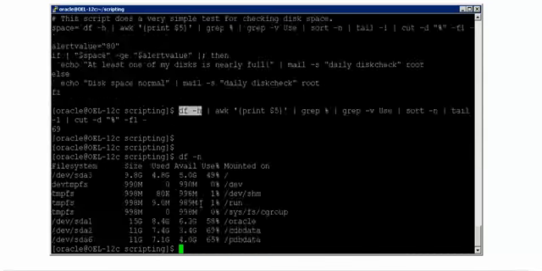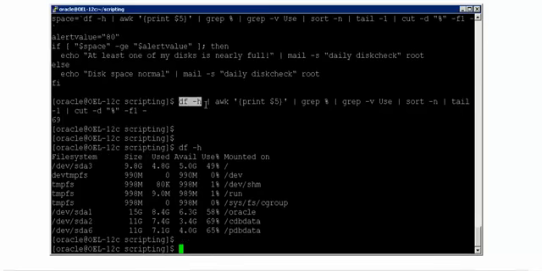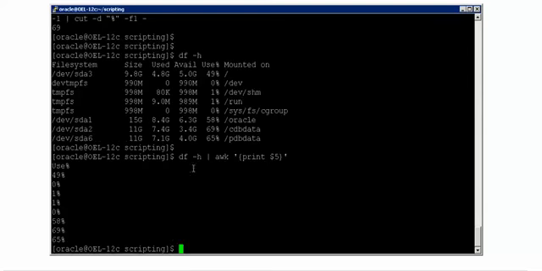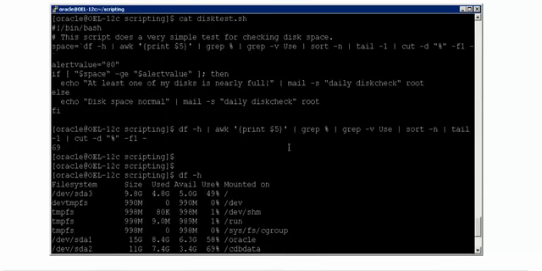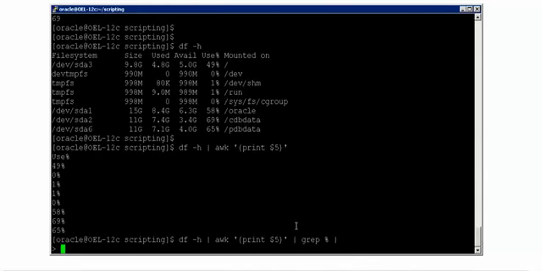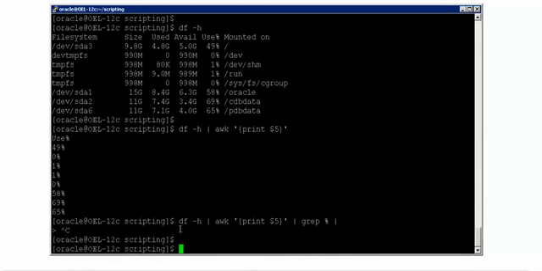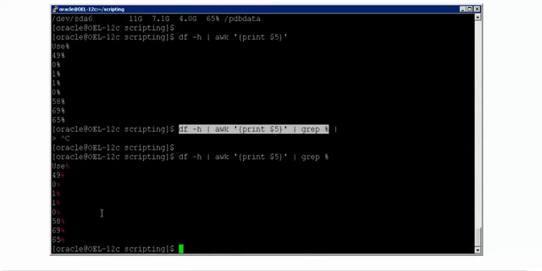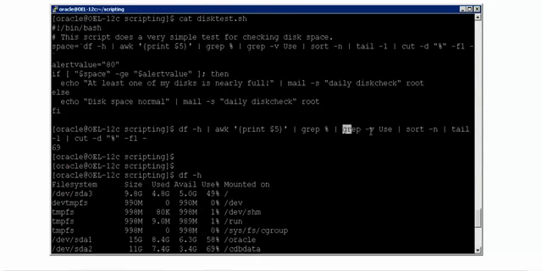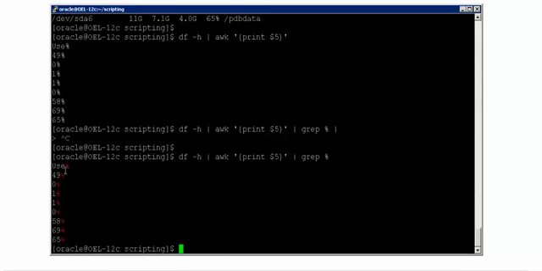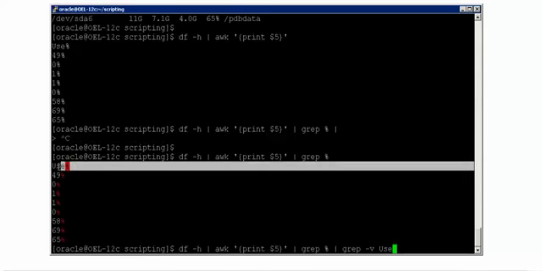First it is executing df -h. With this input, you're also passing to only see the fifth column in this complete output. So in the fifth column, you have use percentage and then all the percentages here. And with the third one, you're grepping everything with the word percentage. So every line with percentage is what you will be able to see on the screen. Yes, each and every line has got percentage in it. And I'm saying grep -v use, wherever you have use, just exclude that line. So that means the first line will be excluded.